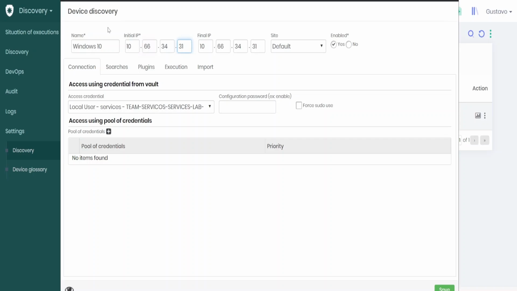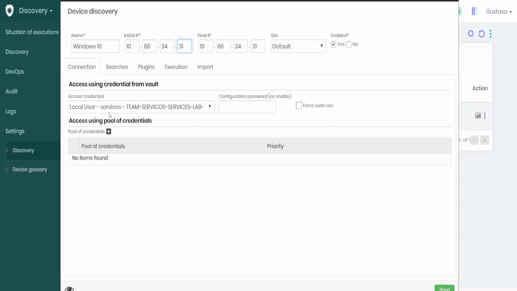Therefore, we need a credential with the right level of privilege. In other words, the access credential is needed to log into the discovered device and scan it for users and groups. And you should thus choose a privileged enough credential to conduct both actions.